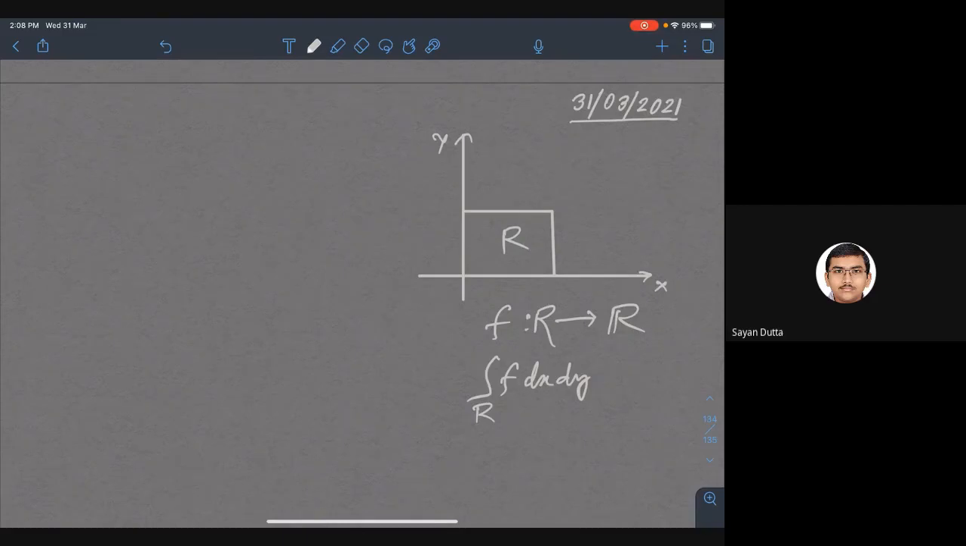So here what you want to do, you want to define this. Let's say this is A B. So I would like to